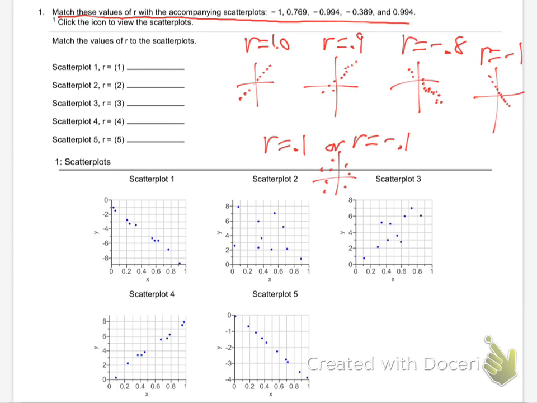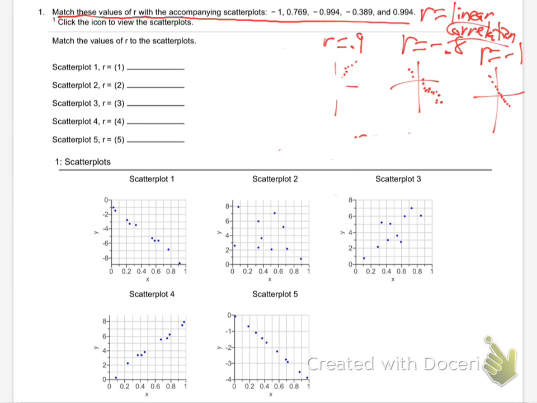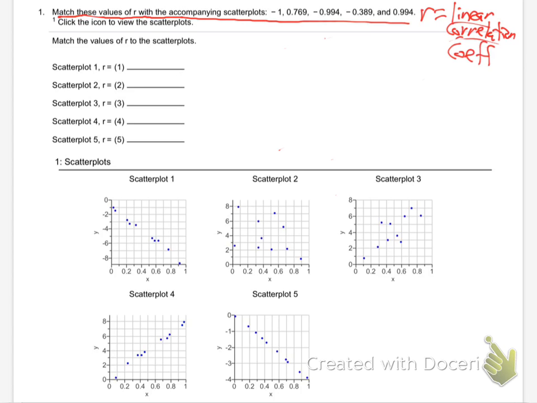So that's the idea. R is the linear correlation coefficient. Kind of running out of room there. And so I'll just leave that. So it's the linear correlation coefficient. In other words, let me write one more thing. So if R is close to positive 1,